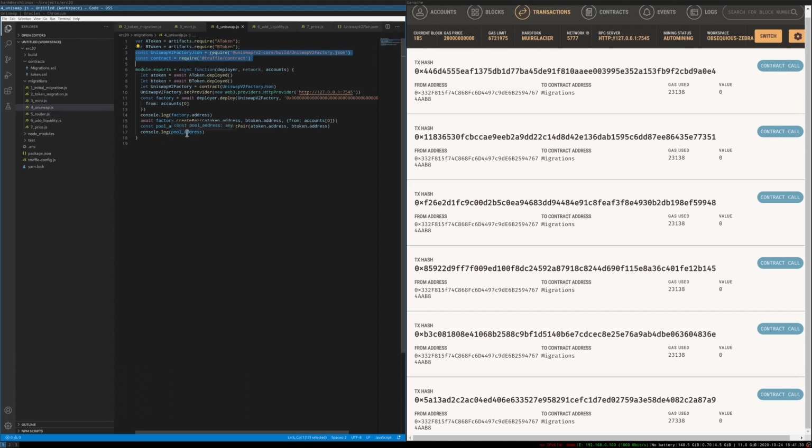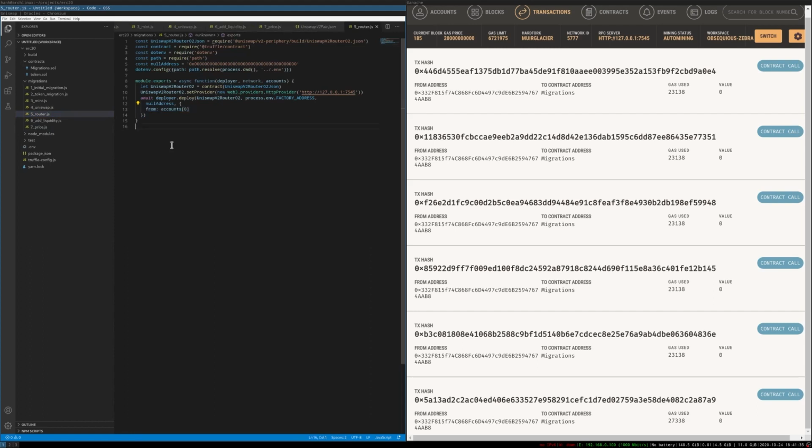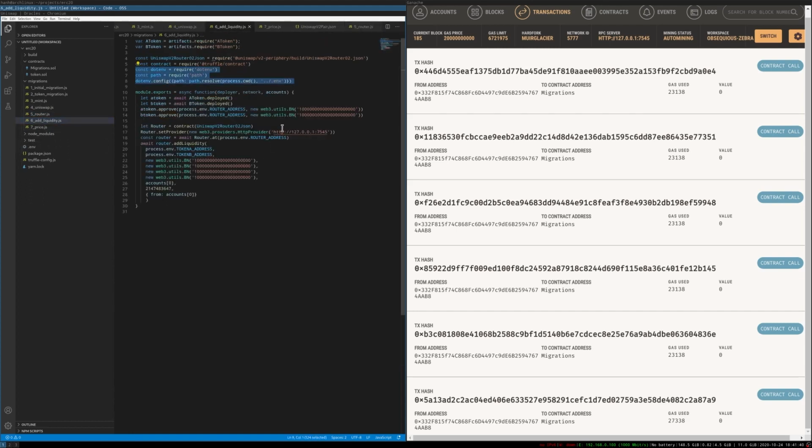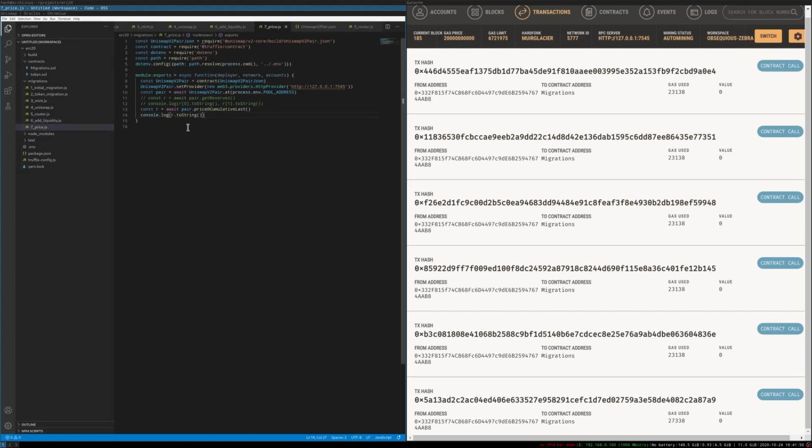So this is the liquidity pool. And then the router was installed. And the router allows us to add and remove liquidity. So that's what we did afterwards. We put 1,000 token into the pool,